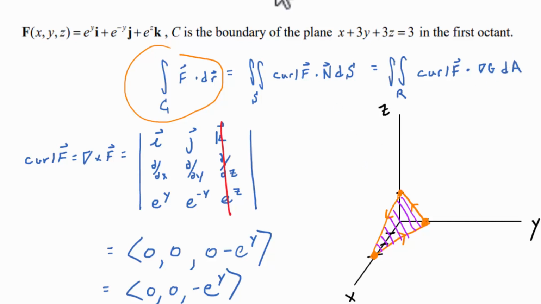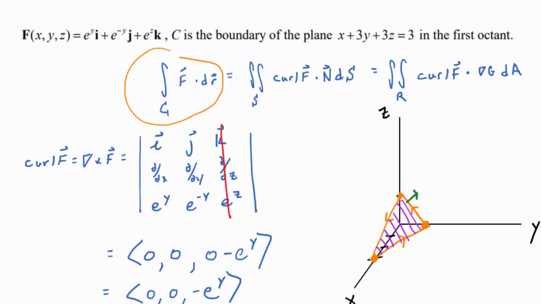So a sample normal vector, they'll all be the same. It would look like that, right? So the k component has to be positive, so del g as opposed to negative del g, right? So, okay, let me remind you, the surface, let me see if I can squeeze it in here. The surface